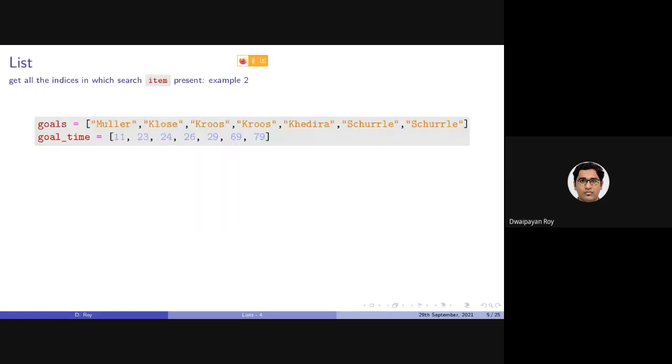Okay, let's look at another example, a practical example. If we consider the famous or infamous, depending on whether you are a Germany fan or a Brazil fan, 2014 FIFA World Cup semi-final, the score was 7-1 in favor of Germany. And these are the names of the scorers of the corresponding goals. The first goal was scored by Müller in the 11th minute, then Klose, then Kroos in the 24th and 26th minute, then Khedira, and then